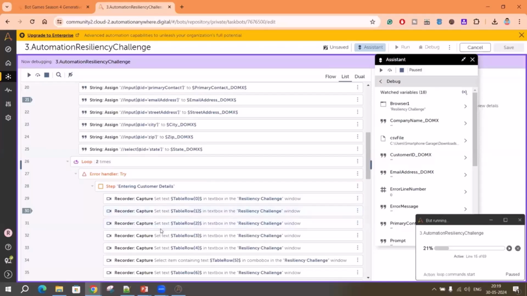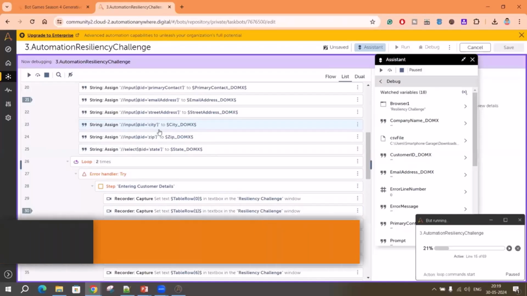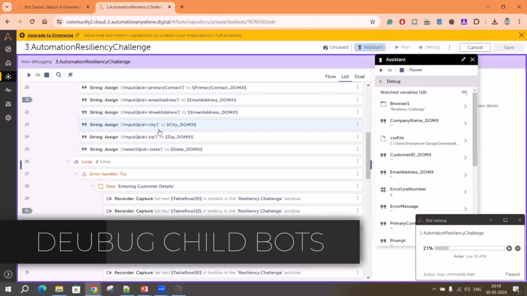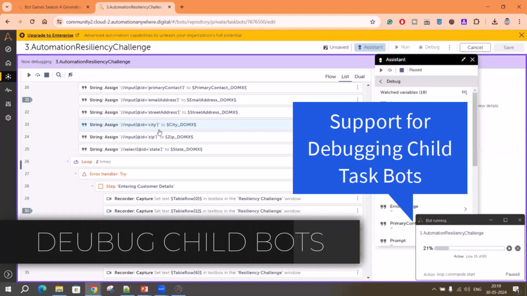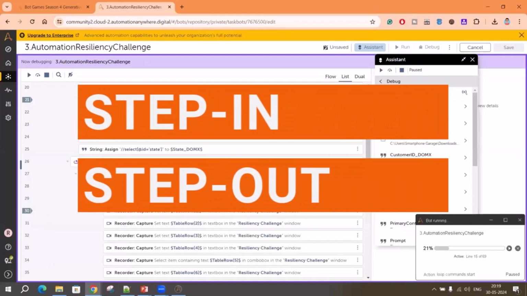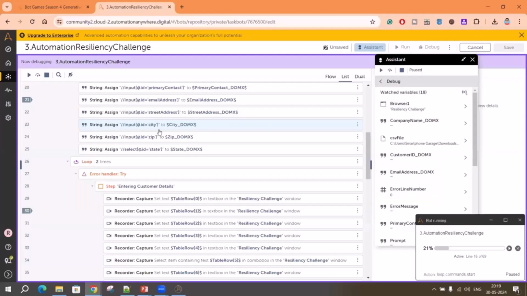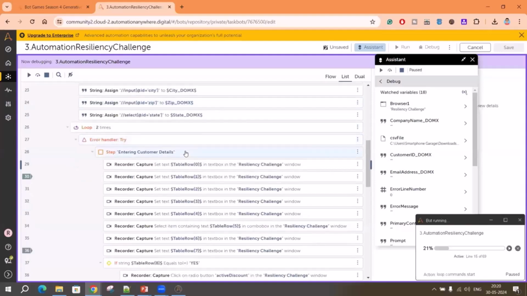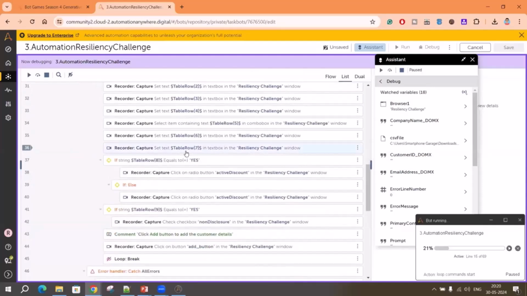Dipender, I believe you're using the .32 version, where you can currently debug only one taskbot at a time. But in the upcoming .33 release, we are introducing support for debugging child automation, in which case we are introducing step in and step out actions in the debug control, so that whenever you have a call to a child task, you can easily apply the step in action, which will open the child task bot there itself